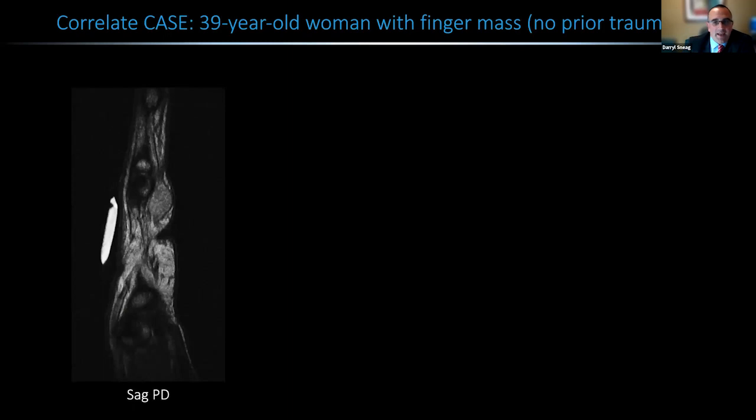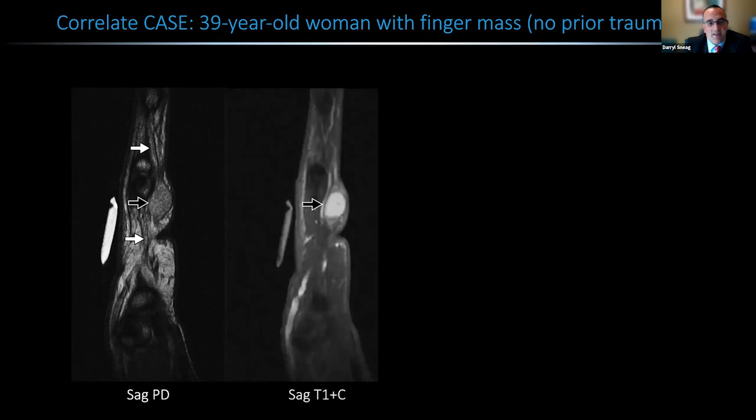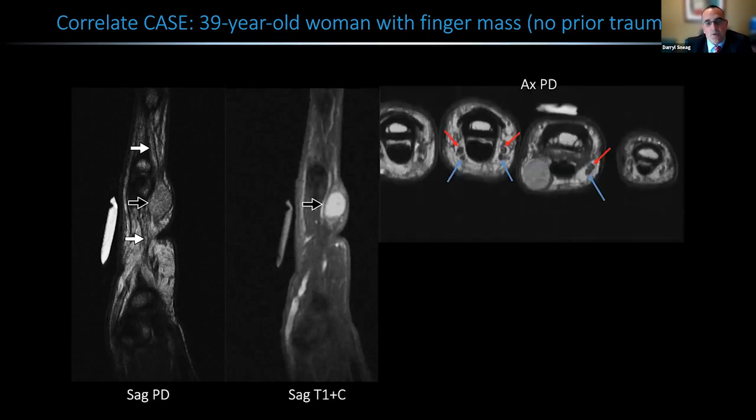So this is a correlate case, and I want to emphasize the history too. The prior case, we were dealing with a patient with a laceration. Here, this patient has a finger mass, but there's been no reported prior trauma. So it looks fairly similar to the prior case on the sagittal proton density image. The post-contrast image, we see avid enhancement. So the combination of avid enhancement and no history of prior trauma, most likely we're dealing with a tumor of